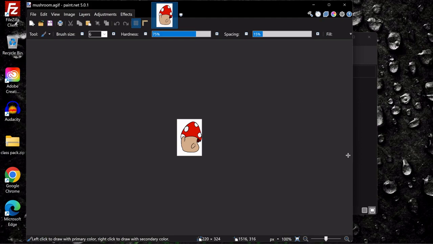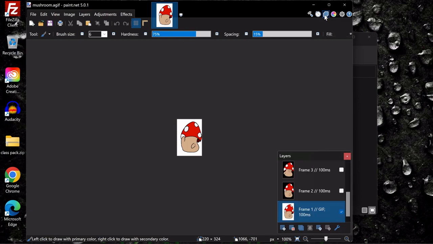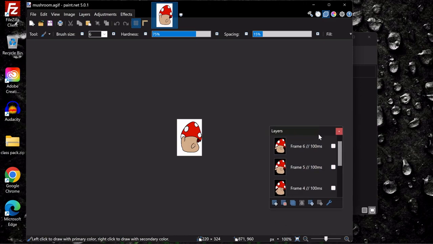Now yours is going to look like this. Now what you need to do is open up layers. So you need to go up here and push this button right here. This shows all of the layers. So now we have 6 frames. But now we need to make it into a PNG file so it's like a flipbook. So to do that, we need to make this first